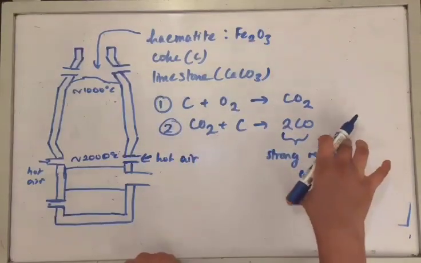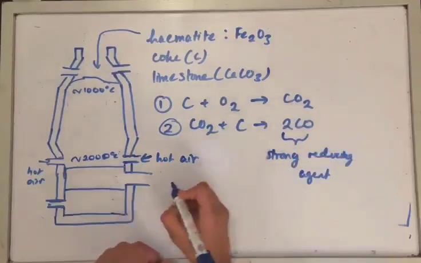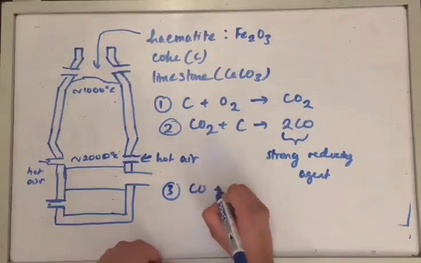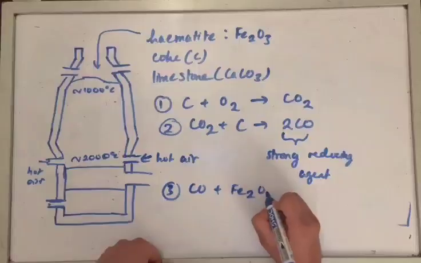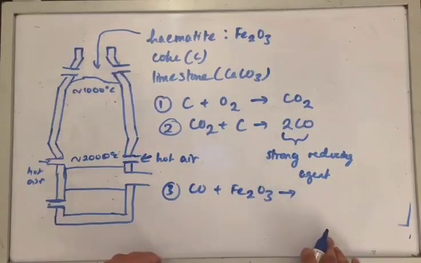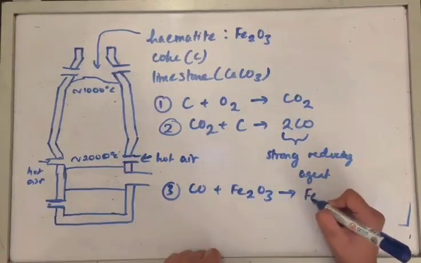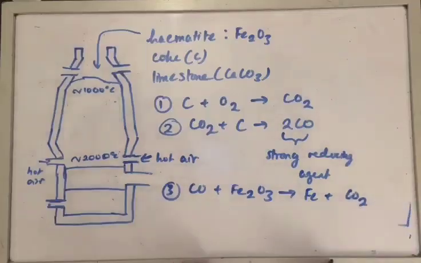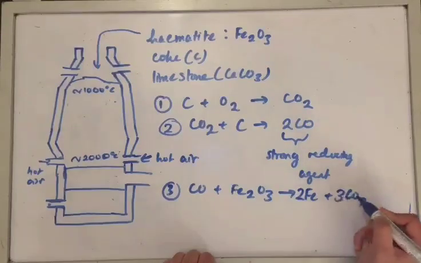And what we can do with this reducing agent is react it with the hematite. So the iron 3 oxide gets reduced to iron, and carbon dioxide is produced. Now what we need to do is balance this equation. So there is a 2 here, and I'm going to add a 3 to the carbon dioxide and a 3